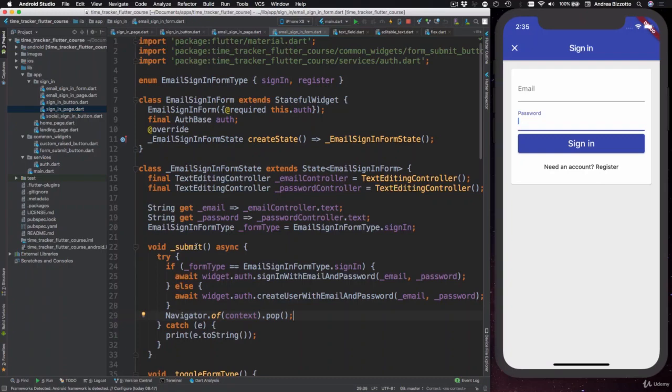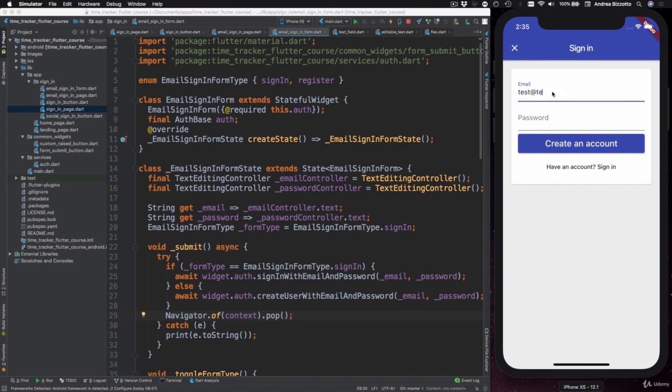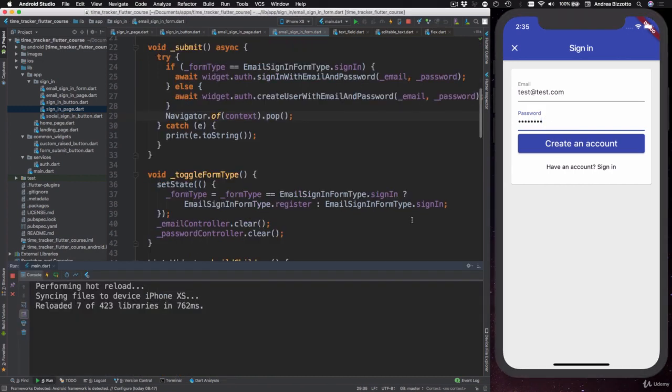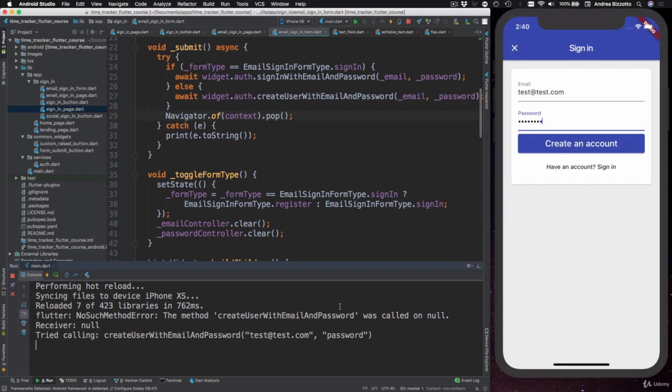We are now ready to register our first user with email and password. So to do that, we're going to switch over the form into registration mode, and then we can type in test@test.com. And for the password, let's try password. And then we can tap on create an account, and we get an error telling us that the create user